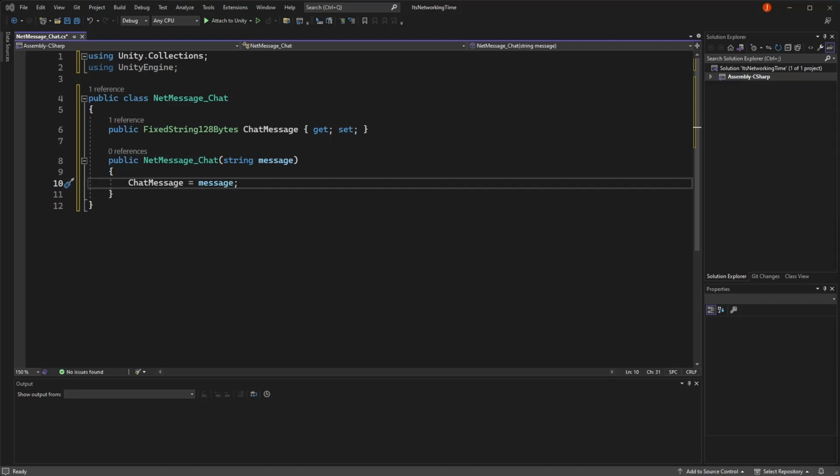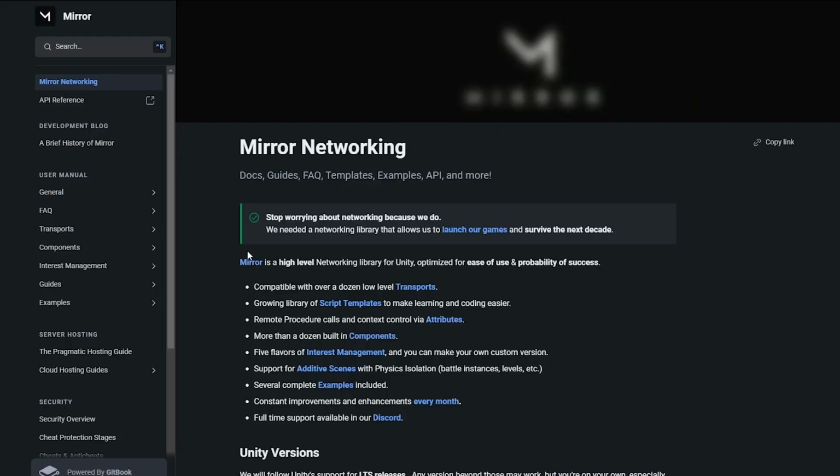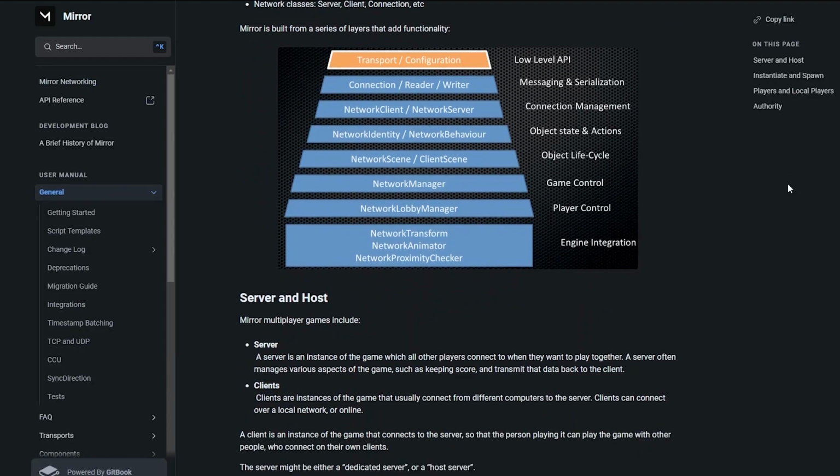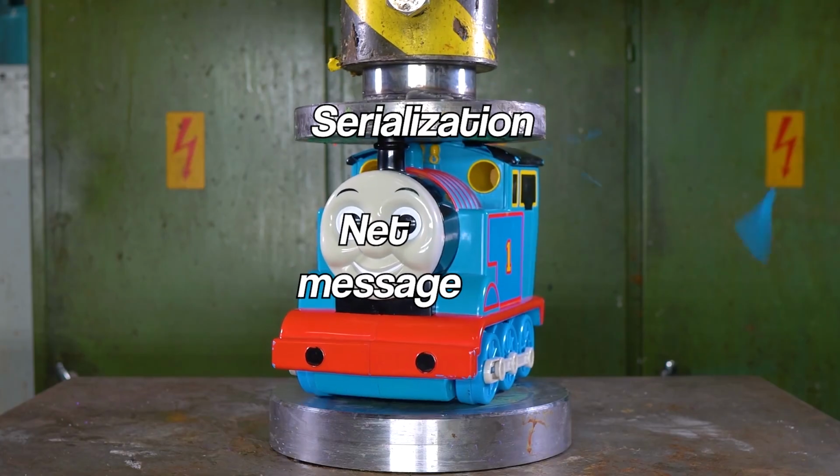Essentially, this converts the data we have in our net message, in this case a string of our player's text chat, to a more condensed format that is easier to send over the network and consequently to other players in our game. Don't worry too much about understanding this part, because as I mentioned, networking libraries handle this all for you. They will handle converting the player's text input into a net message, serializing it and then sending it off.